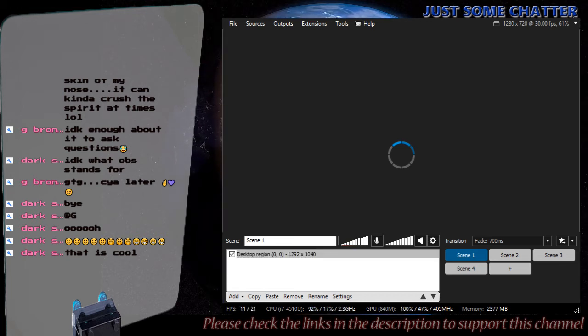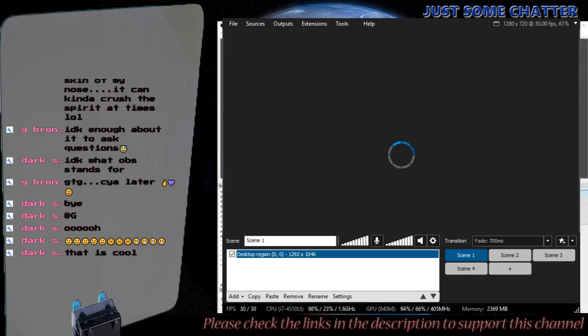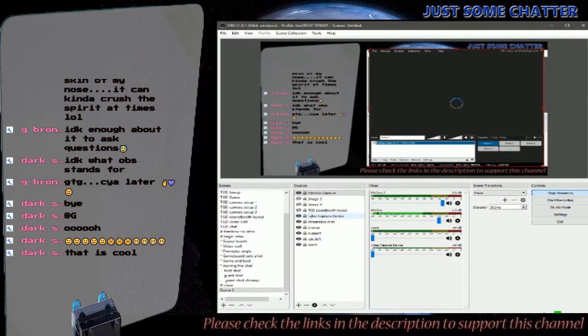Alright, so why is it not showing me what is on the screen? That is interesting. See, there's another cool glitch. Now, I actually have stuff on the screen in XSplit, but for some reason you guys can't see it. If I bring this back up, and we'll silence that one.